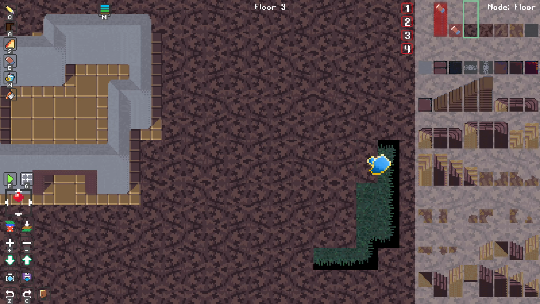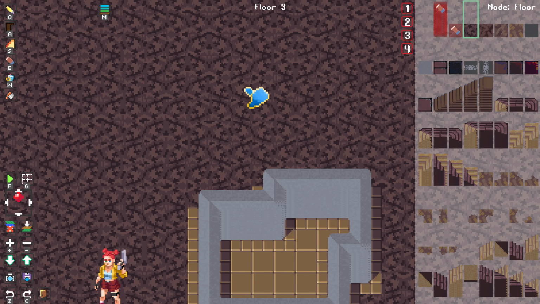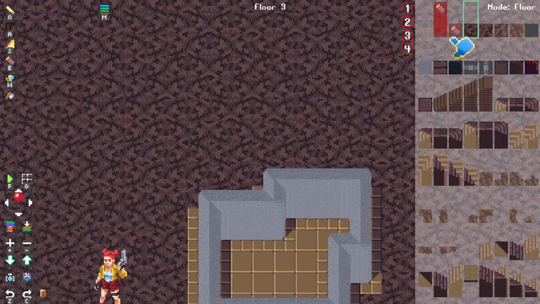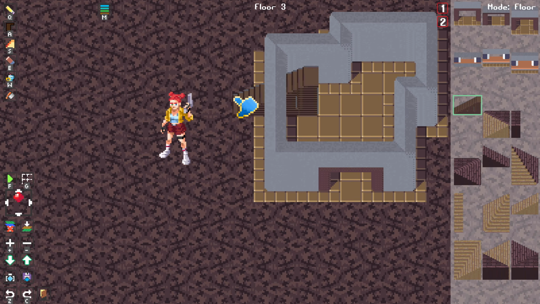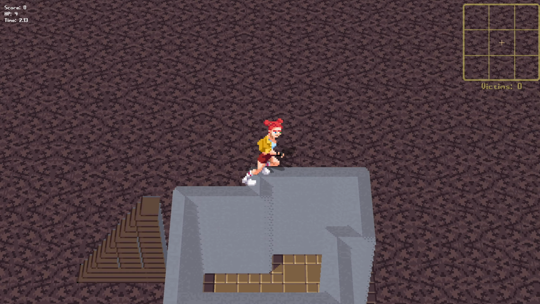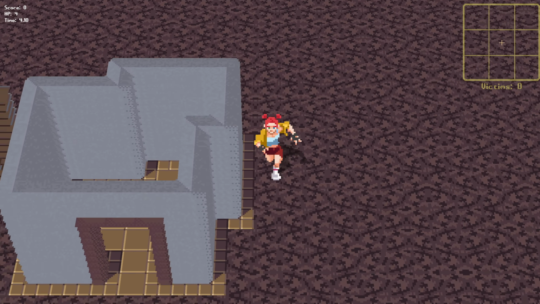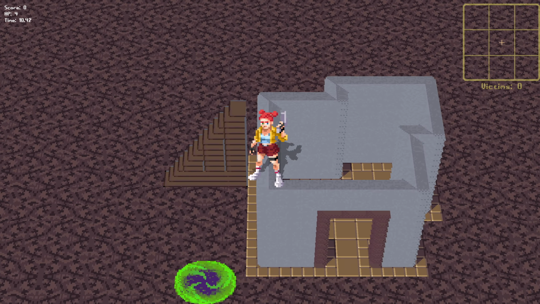And as you can see while I'm drawing, the tile does not repeat itself. So if I draw a straight line, normally it would just repeat, but it uses random variations, and I'm showing that a little bit later. So here from structures, I can get stairs, I can place them here, and now I can run stairs, I can run on top of the object, so there's physics on top of that. So it's not just a flat game, you can actually jump on top of objects, stay there, you know, fall